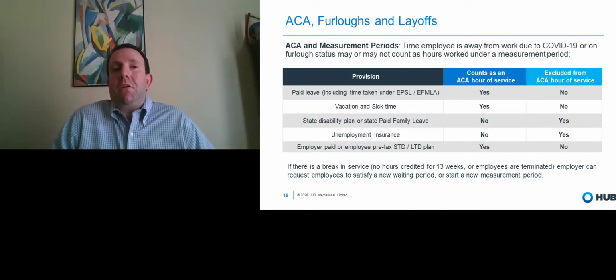We also need to consider what layoffs and furloughs mean from an ACA perspective with regard to hours. So for your variable hour employee population, remember, we of course need to count hours actually worked, but there's a number of other categories that we describe here of hours that need to be counted towards that measurement period. So any kind of paid leave, so this includes any kind of paid leave under the emergency paid sick leave or emergency FMLA, or if the employee is just using their vacation time or sick time,